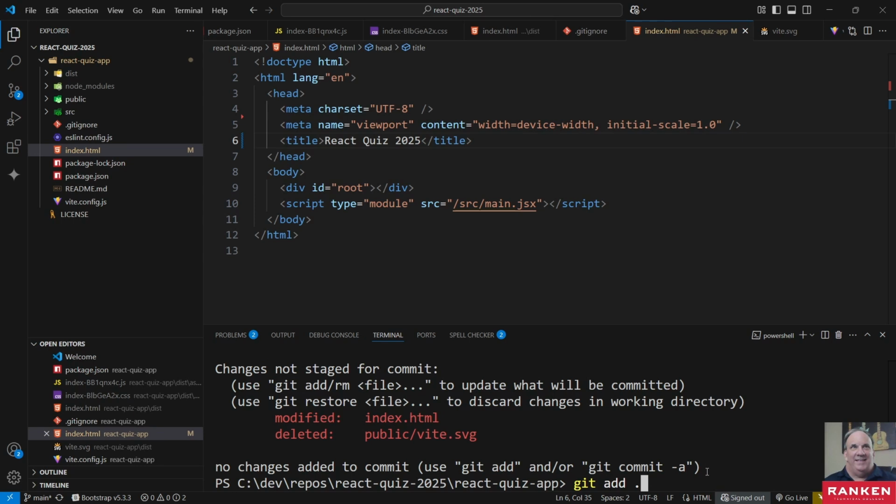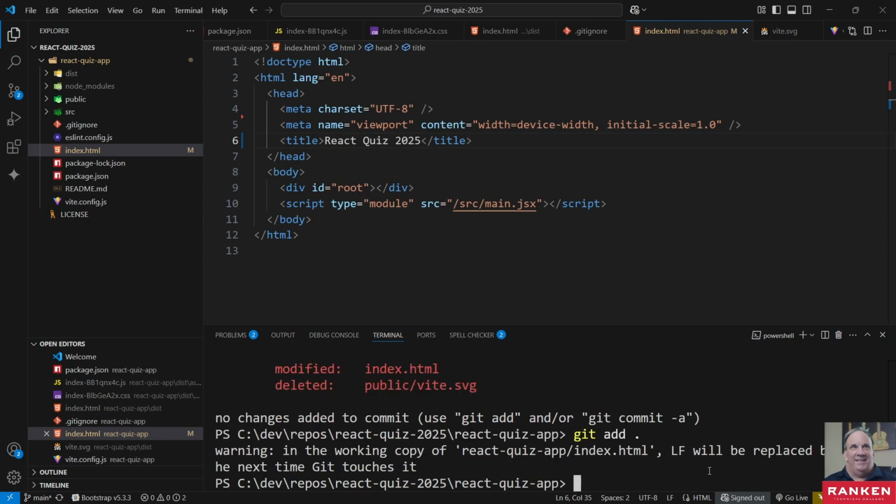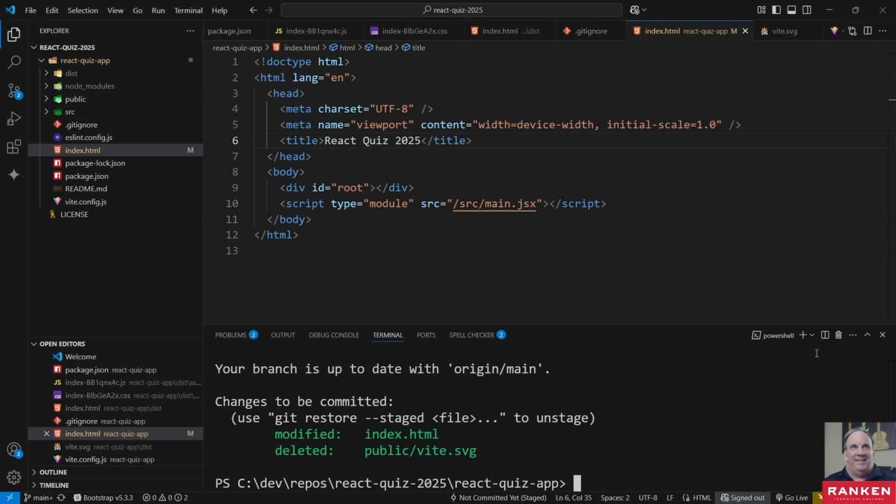The only other way is go ahead and list your file, and you can list more than one file, but you can list your file there as well, right? But we're just going to do git add dot again, hit enter, and do a git status again. You can see these are staged now. If you want to do git restore, you can unstage them, but we want to go ahead and keep that. Okay, and I'm just going to use my arrow keys, and then here we're going to change the message to